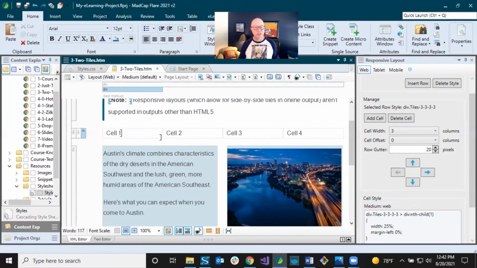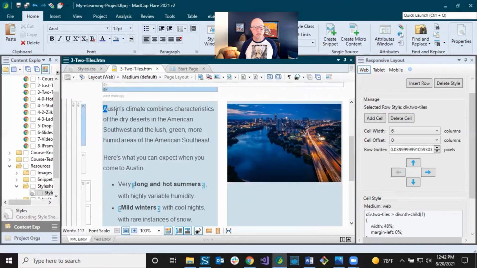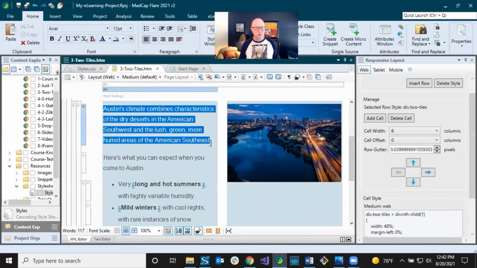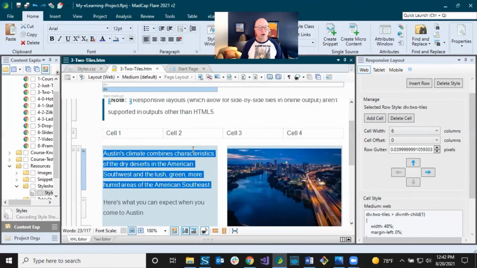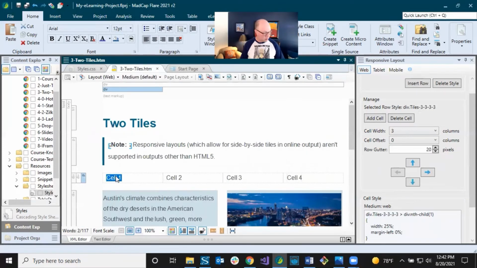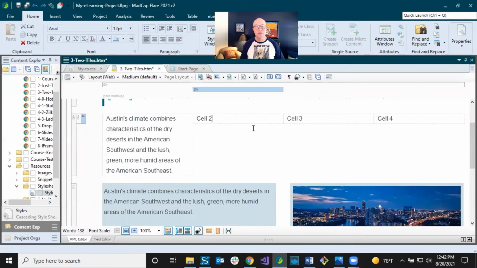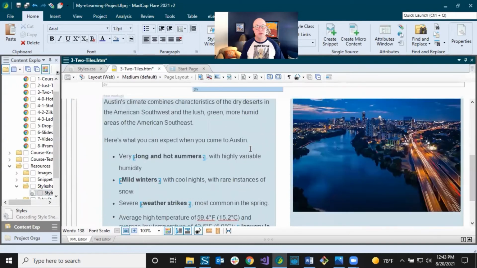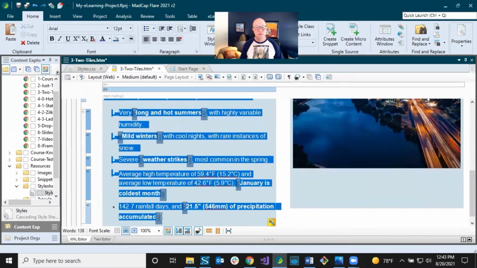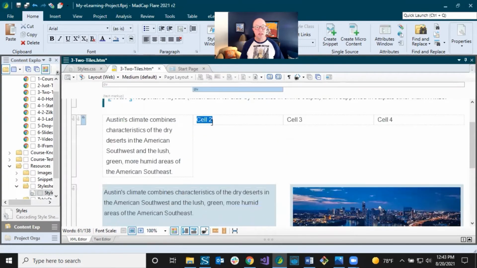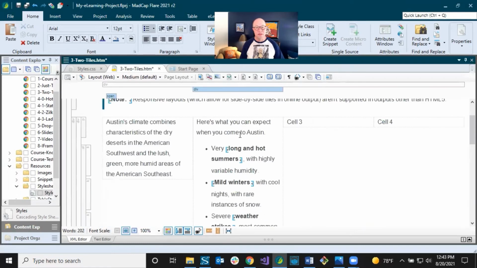But let's actually change this. Let's get some content in here, some real content. And I'm just going to borrow stuff that's already in this responsive layout down below. I will select that, and I'm going to get rid of this for now so that we can see what's going on. And I'm going to do all that list and that text, and let's paste that here. So this isn't really